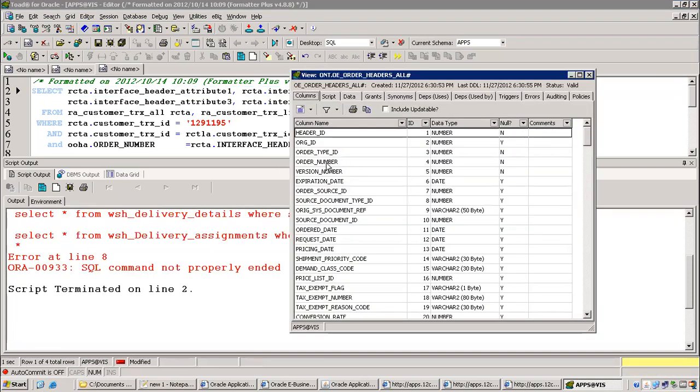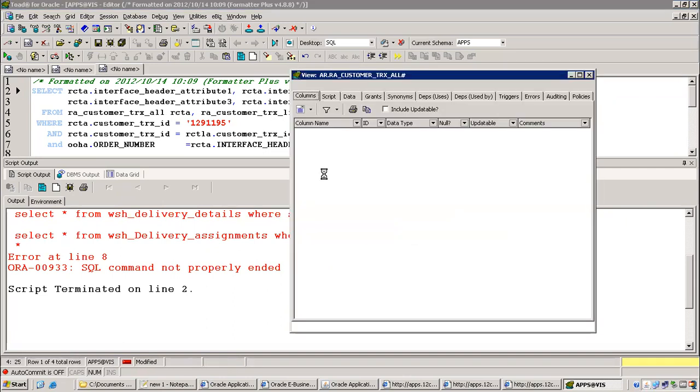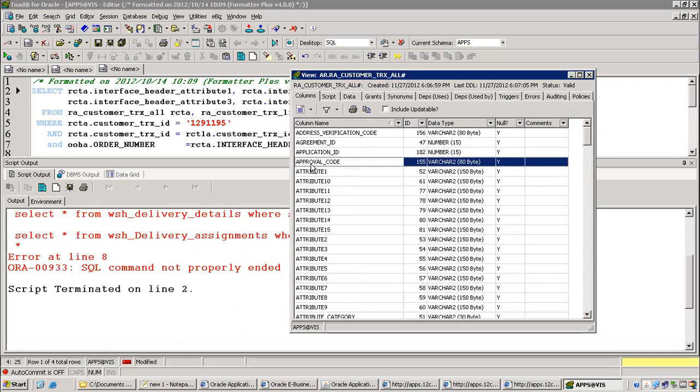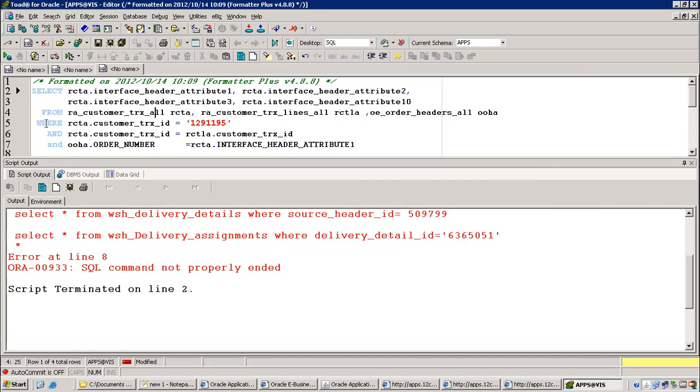F4 order number is a number, and F4 interface header attribute 1 is a character. Both are different data types. You may need conversion, but right now, see, if you do a high level query, for example, I am commenting this out, and